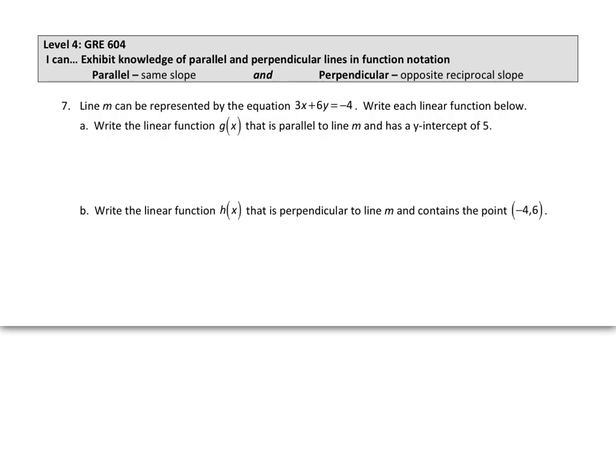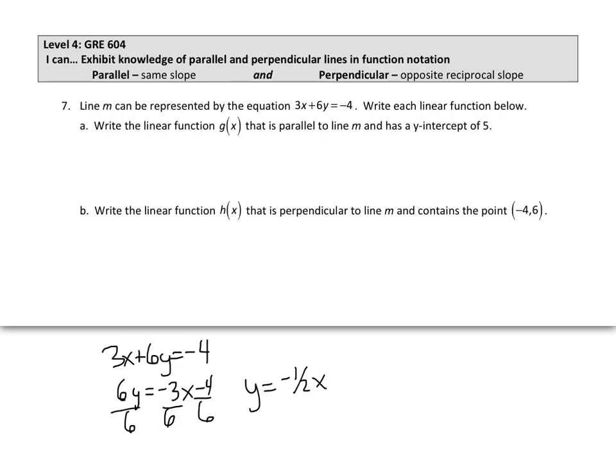So, the first problem is that we have an equation that we don't know the slope for. 3x plus 6y equals negative 4. So down here on the bottom here, I'm going to do 3x plus 6y equals negative 4. And I'm going to subtract 3x over, and then divide everything by 6. So when I divide everything by 6, I get y equals negative 1/2 x minus 2/3, meaning the slope is